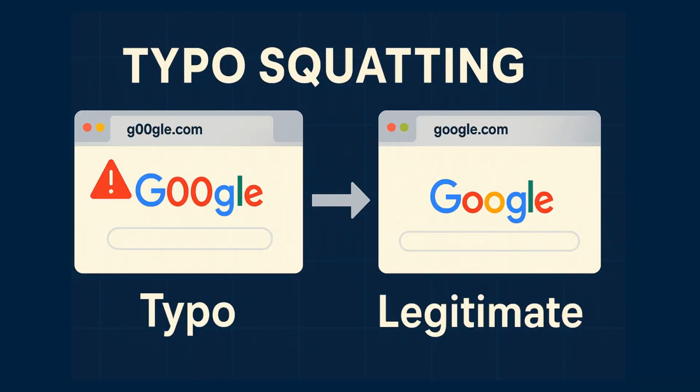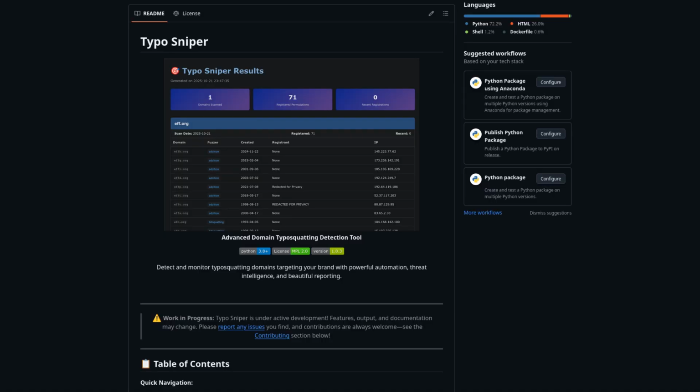Ever typed your bank's or other URL wrong, clicked a phishing email or link, and ended up somewhere that looks just a little too right? That's typosquatting. Fake lookalike domains like google.com with zeros instead of O's or amazon.net that attackers may use for phishing, ad fraud, and malware. I built Typo Sniper, an open source tool that detects and scores these typosquat domains before they can trick you